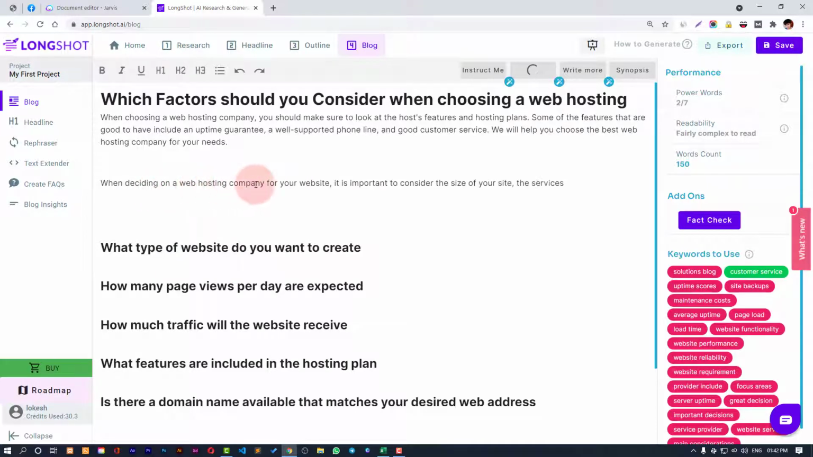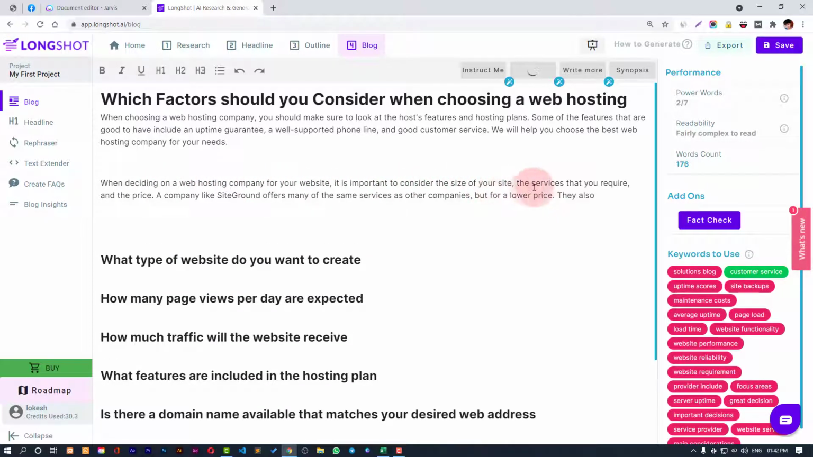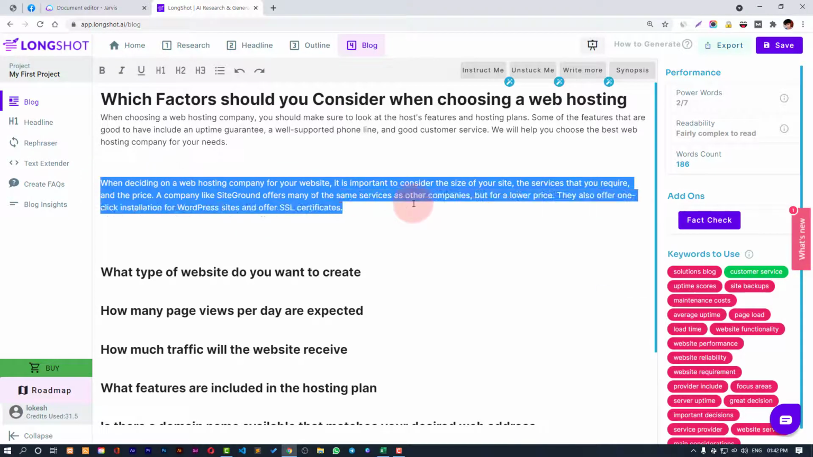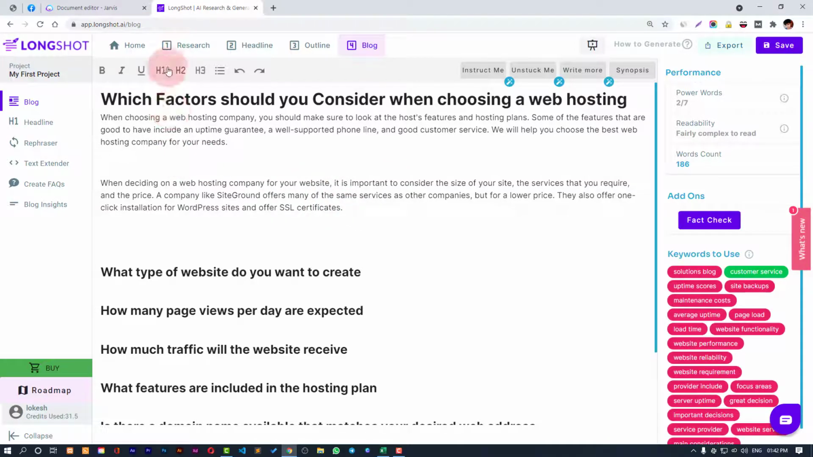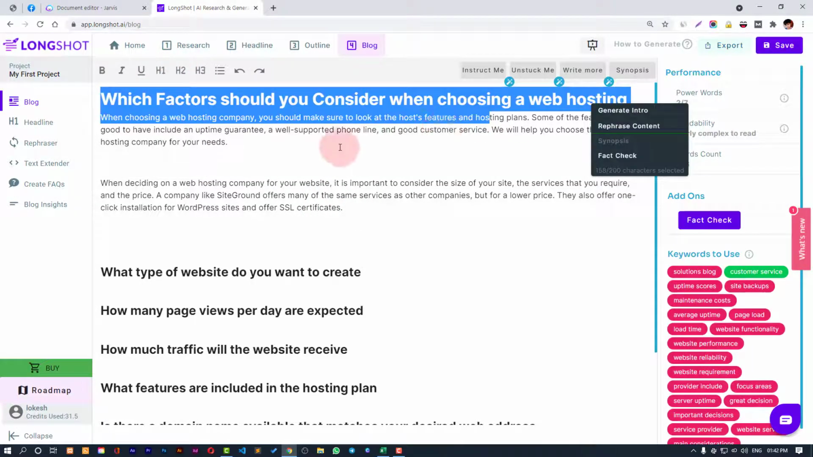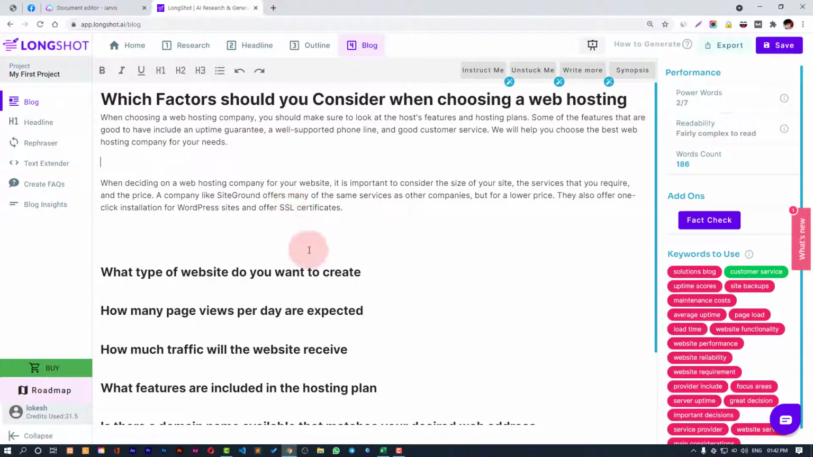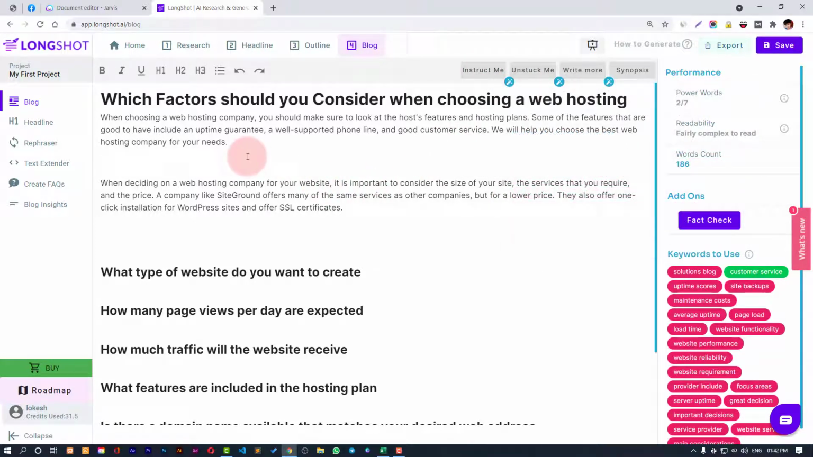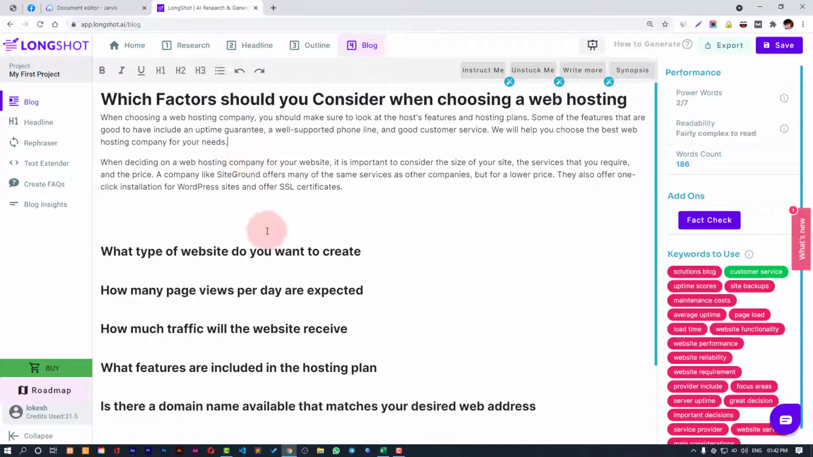When deciding on a web hosting company for a website, it's important to consider the size of the site, the service that you require, and the price. A company like SiteGround offers many of the same services as other companies, but for a lower price. They also offer one-click installation for WordPress sites and offer certificates. Yeah, that's wonderful. It gave us the content that we actually needed in terms of the headline that we have. So it complies with the headlines and our introduction, and it takes into consideration the overall keywords and the selected keywords. So it gives you the perfect content, and this way you can